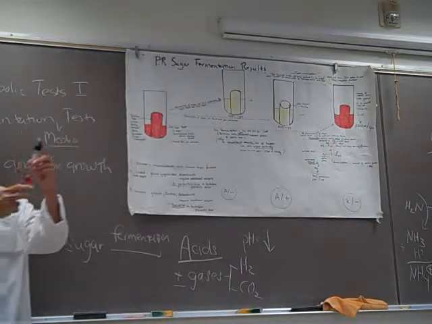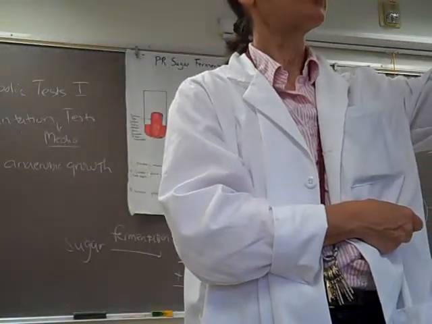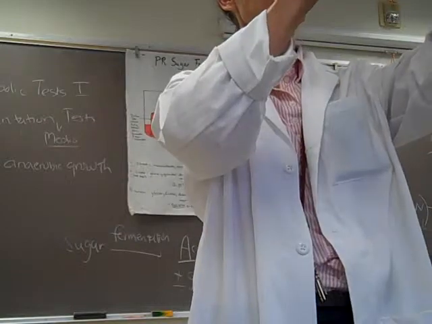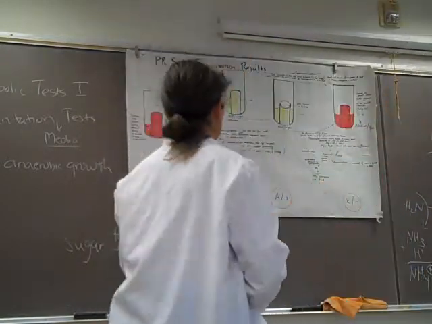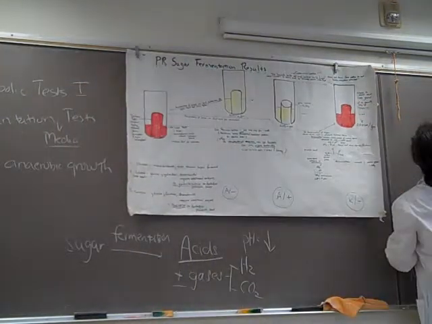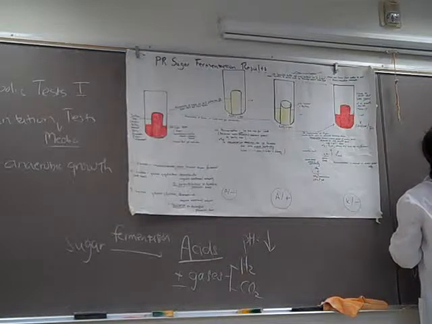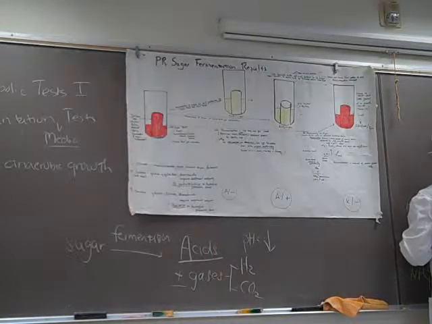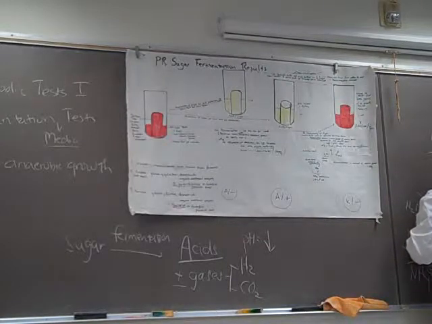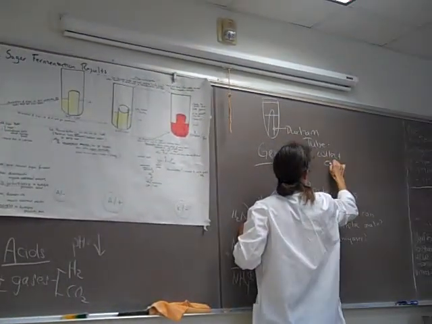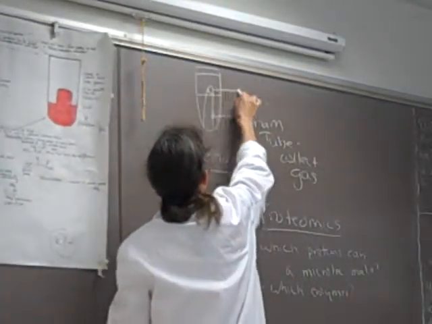So the last component in the phenol red sugar fermentation tubes is this little inverted glass tube, and it's called a Durham tube. Okay, so that little inverted tube is called a Durham tube, and its function is to collect gas released during fermentation. Okay, so what you will do is you will